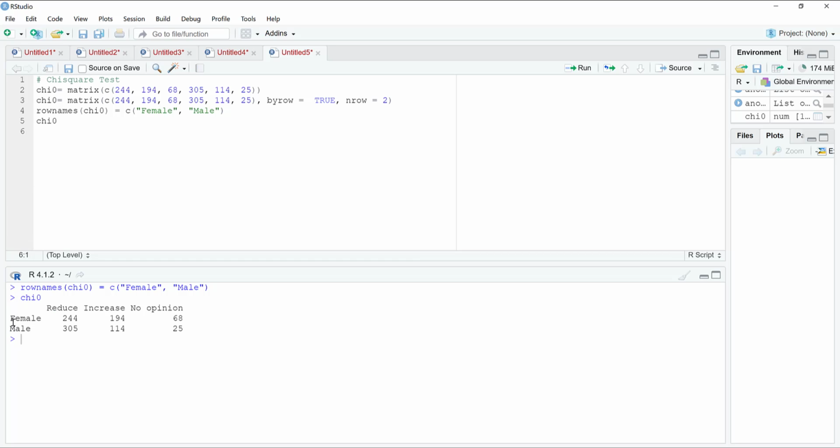Okay, so this one appears, although it also shows the other one, which I have not yet entered because I had entered this command earlier. So to enter column names, we will use this command, colnames chi0, that's the object, and for that